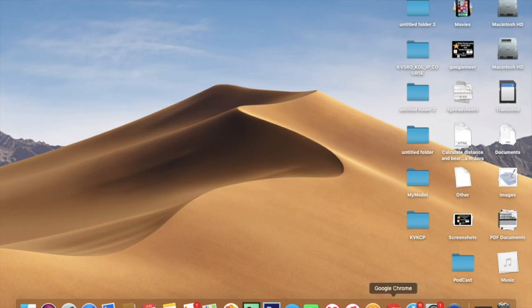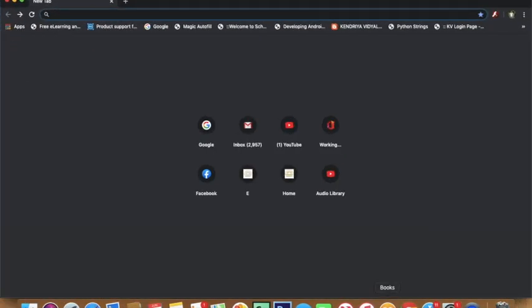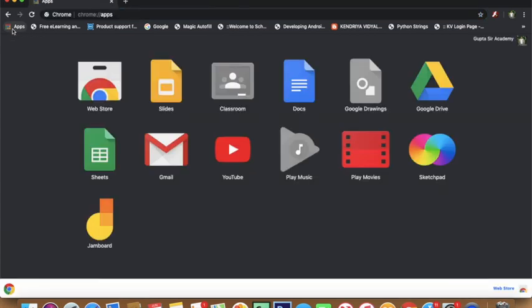So for that you have to open your Google Chrome. Now as you can see here, these colored dots are there which tell you to show apps on the leftmost corner. Just open it, or otherwise you can directly search Google Web Store.